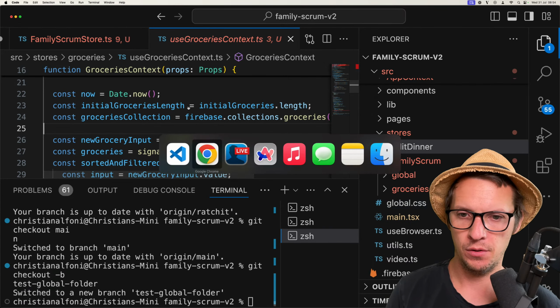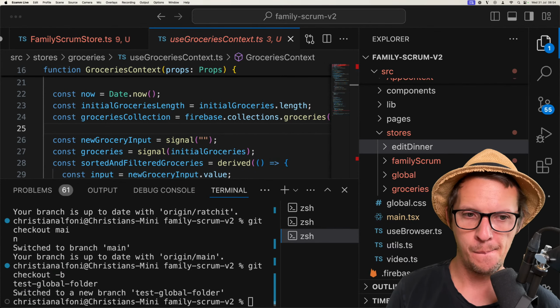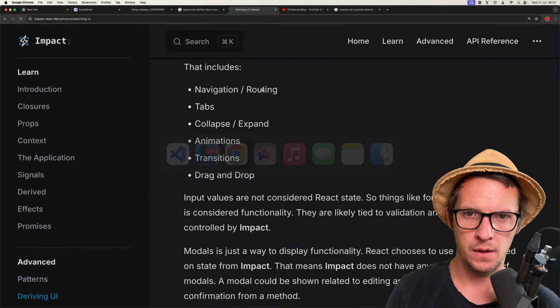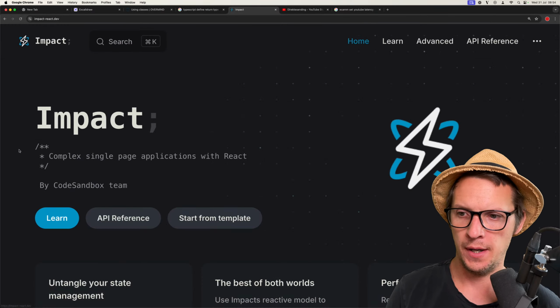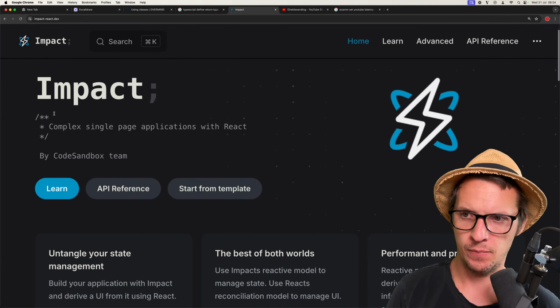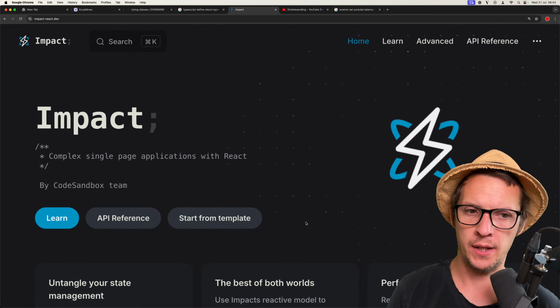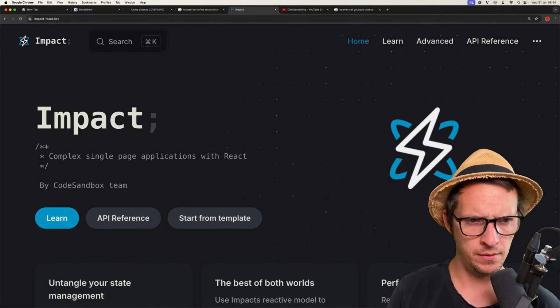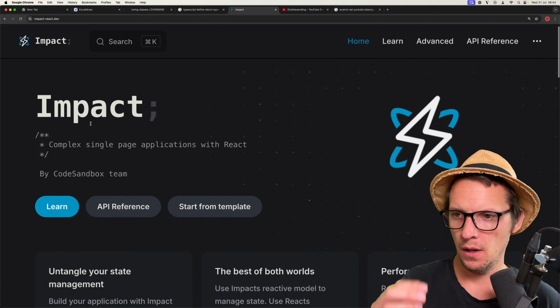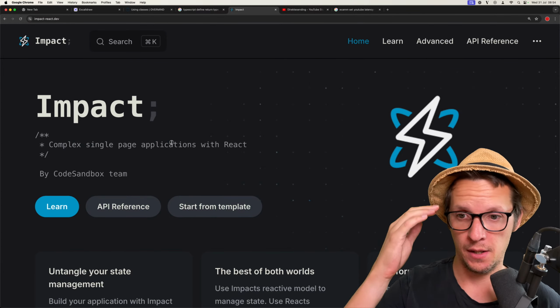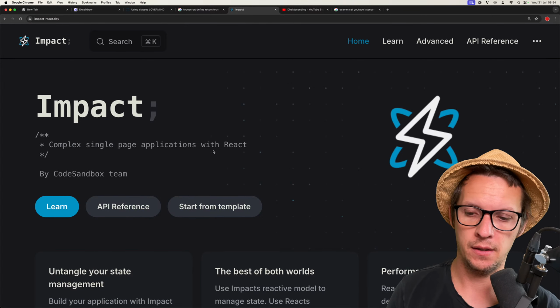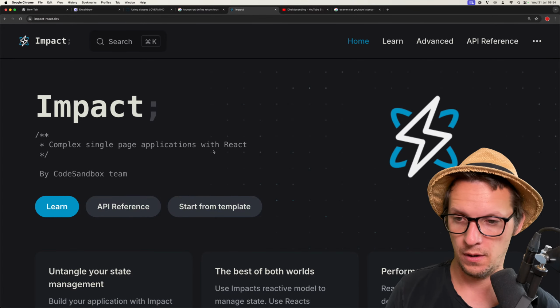Yeah, I'm trying to come to a conclusion here. I think what we also learn here is, what should we sell this as? Impact is for complex single page applications with React. That's what it's designed for.